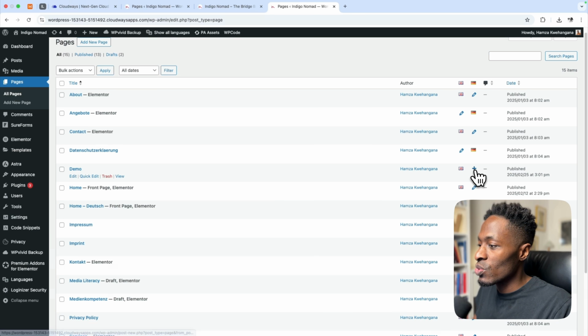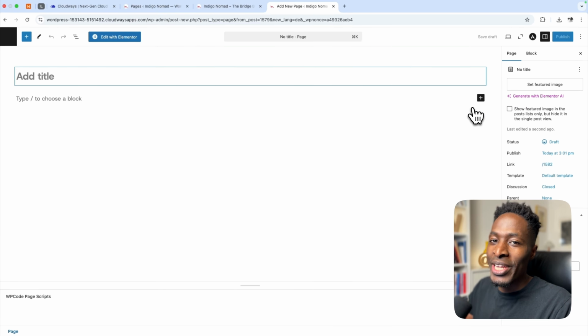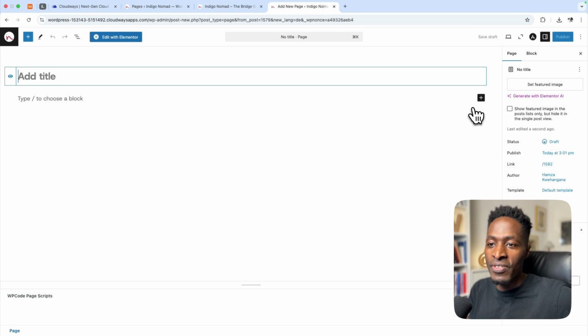What you're going to do is to click over here on this plus, because now you are clicking on that plus and it is representing adding the German version of that page. And in this case, the translation plugin will understand that you want to create a version of this page in that language, in German in this case. So I don't know what the word demo is, but I'll say demo